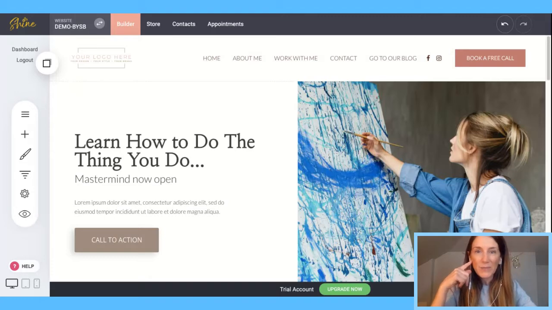My name is Robin with ShinePages, and today I wanted to cover how to tweak your mobile view and really maximize it, because so many people are viewing websites on mobile these days. It's easy, when you're designing on a desktop, to forget that you also need to tweak your mobile views,